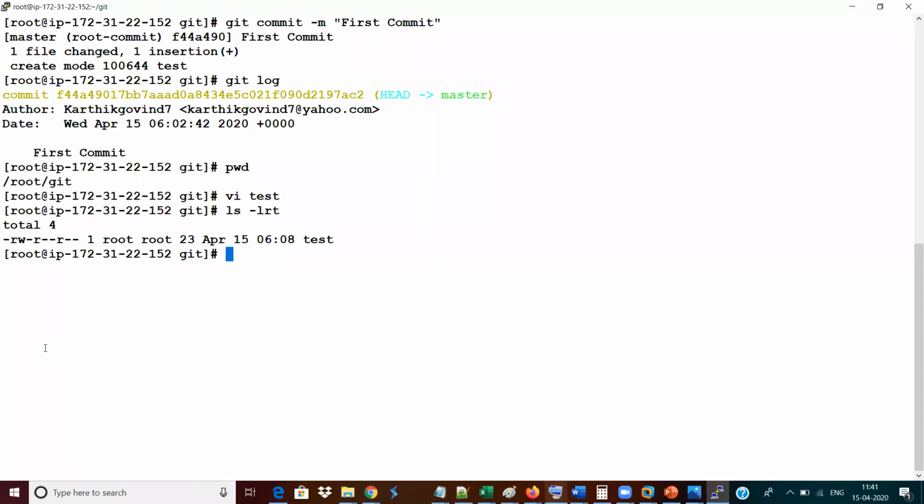It will not be there in your local repository and also in your staging area. How can you verify that? I have already taught you the status command, right? So using the status command only, I'm going to verify it. Checkout, I'm going to give git status -s.